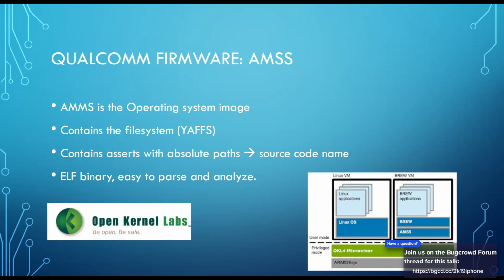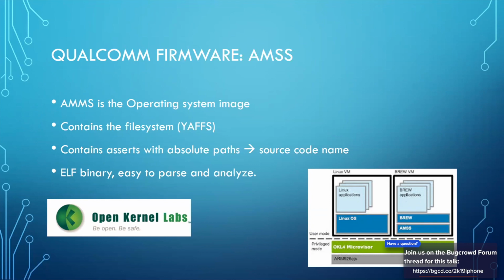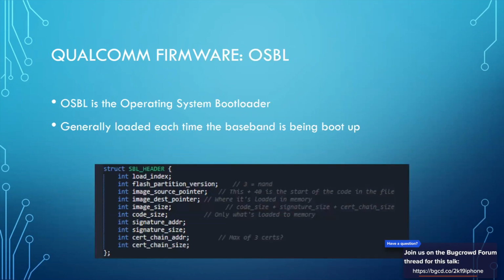And the reason for that is that, well, Open Kernel Labs pretty much is deprecated since 2013, and everything that was once open source is now proprietary and private. And they also removed the code. Their entire website is down. But through the archive, you can still get the source code. So I compared that source code to the IDA image, and it was almost the same. Almost any function that was originally from OKL4 was still used in the iPhone 5's AMSS image.